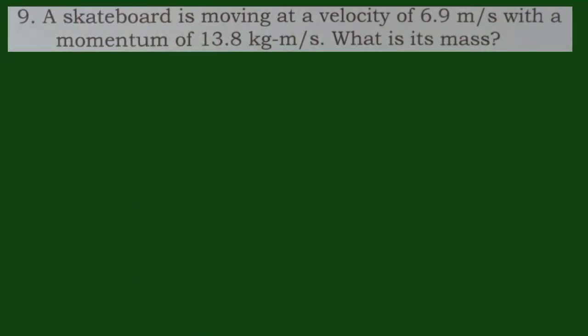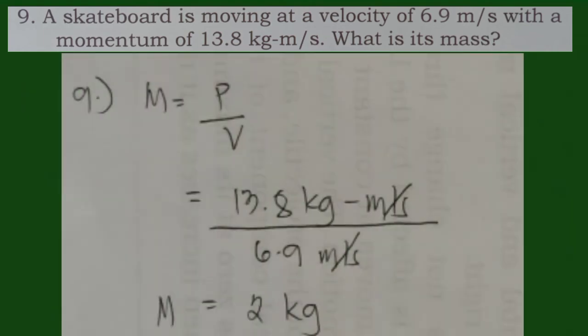Question number 9. A skateboard is moving at a velocity of 6.9 meters per second with a momentum of 13.8 kilograms dash meter per second. What is its mass? We are looking for the mass and the formula for mass is equal to momentum over velocity or momentum divided by velocity. The value of momentum is 13.8